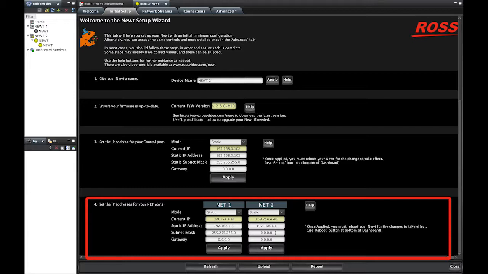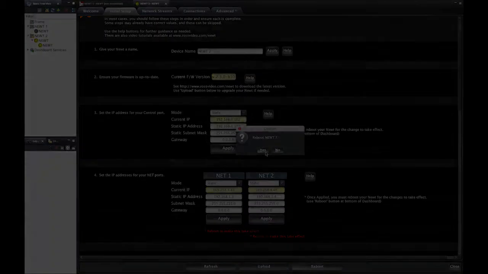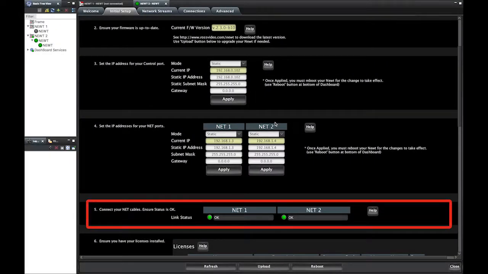Here we will use 192.168.1.3 and 192.168.1.4. Use the same subnet mask as above, 255.255.255.0. Leave the gateway blank as is, then apply and reboot to make the changes. You should now see that the link status of the net cables is OK.